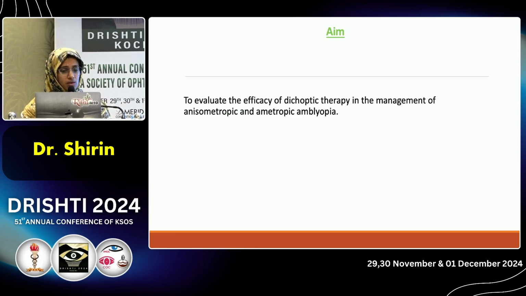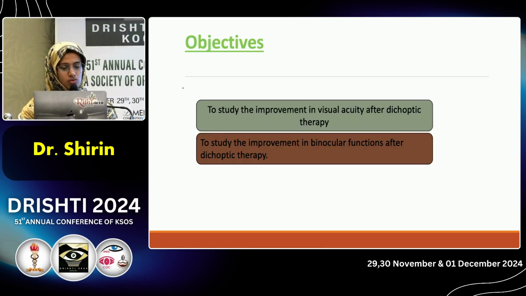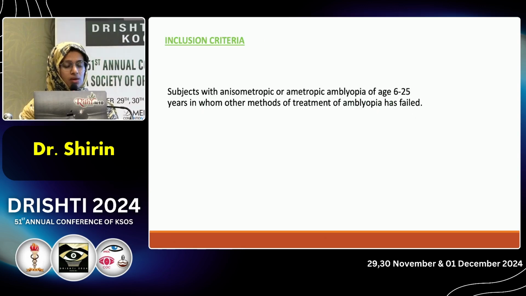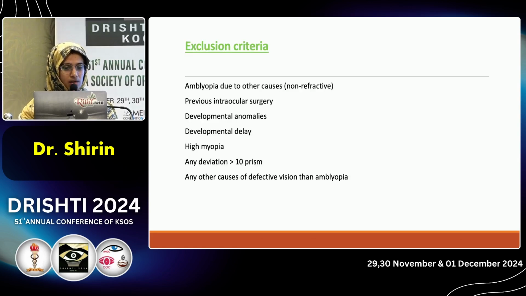Aim of our study was to evaluate the efficacy of dichoptic therapy in the management of refractive amblyopia, and the objective was to study the improvement in visual acuity after therapy and to study the improvement in binocular functions after therapy. Inclusion criteria: we included subjects with refractive amblyopia of age 6 to 25 years in whom other methods of treatment of amblyopia has failed, and the exclusion criteria were amblyopia due to other causes, previous intraocular surgery, developmental anomaly,